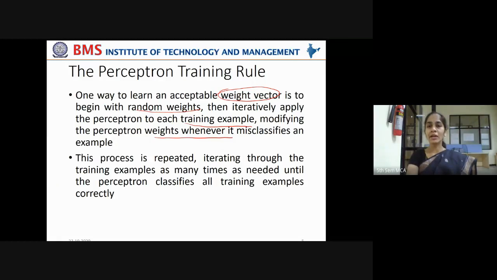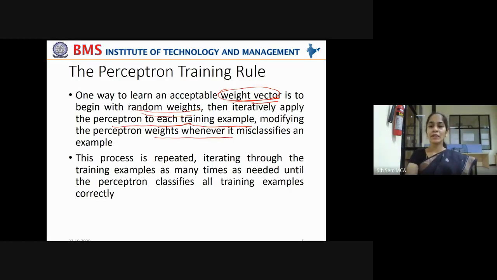One way to learn an acceptable weight vector. Acceptable weight vector means which tends towards optimal solution, which gives us the ideal target solution. Okay, is to begin with random weights, start off with some set of weights, then iteratively apply the perceptron to each training example. Okay, iteratively means again and again the weights will be readjusted, right? In a loop.